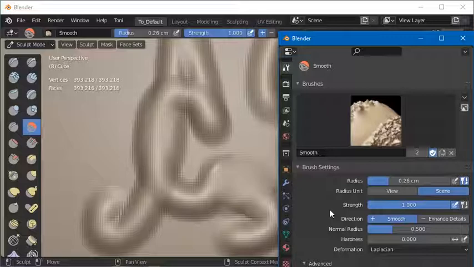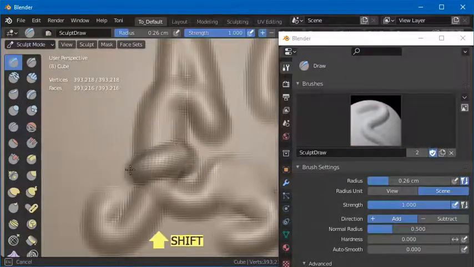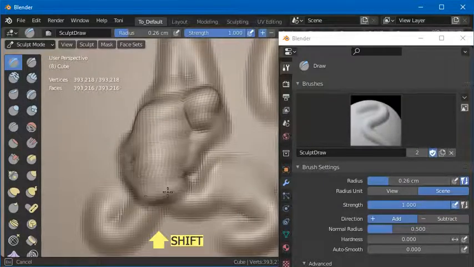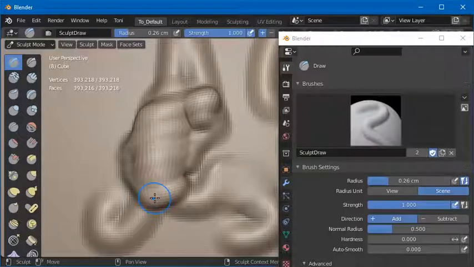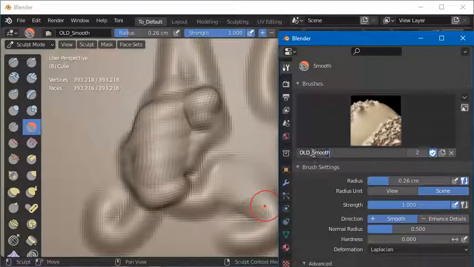Moreover, if we rename the original brush so that there is no brush called Smooth anymore, the way of smoothing by pressing the Shift key stops working. Even though we press Shift, the pen keeps sculpting, and Blender does not give us any clue of what is happening. It's enough to rename back the brush to Smooth and the problem is solved.